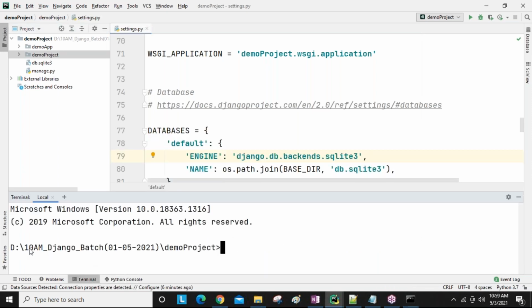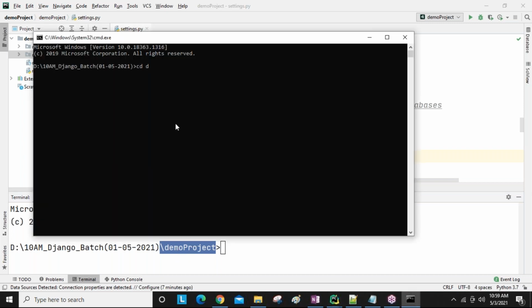In the D drive, 10 am batch, the demo project folder is also there. If you are creating it here, then we need to change the location, like cd demo project. Now it automatically comes up to this location.